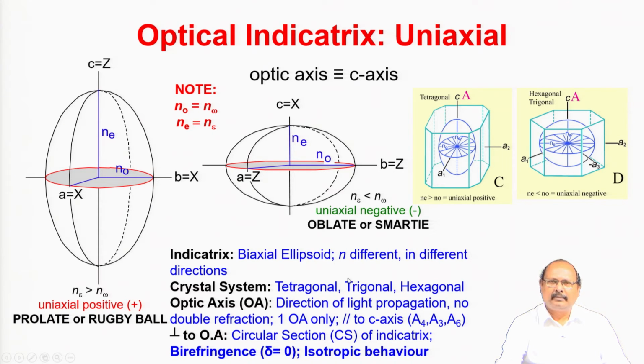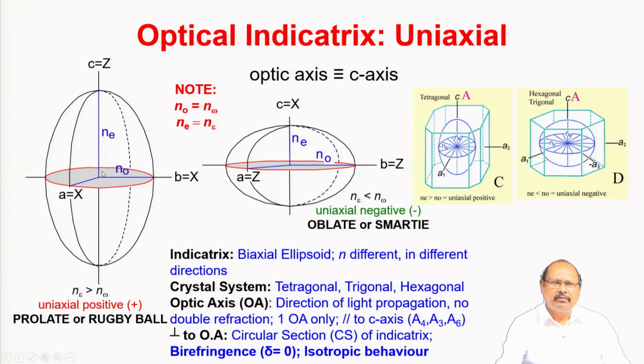axis, and that is your optic axis here. It will be parallel to the C crystallographic axis, which is also the axis of 4-fold, 3-fold or 6-fold symmetry. Now, let us see what the three dimensional orientation of the optical indicatrix of a uniaxial mineral is. As I told you, this is an ellipsoid here. Now, if you have a section which contains the C crystallographic axis, which is your optic axis,